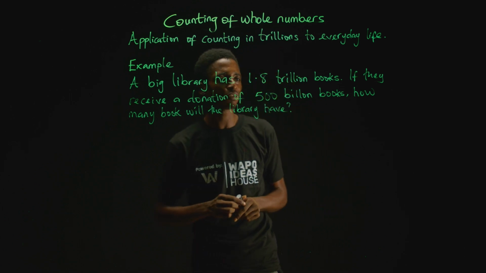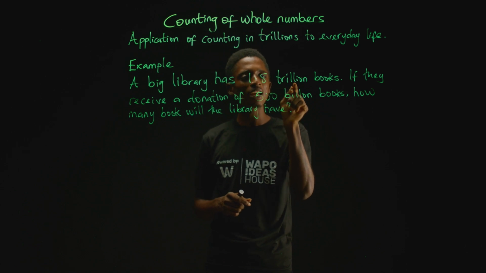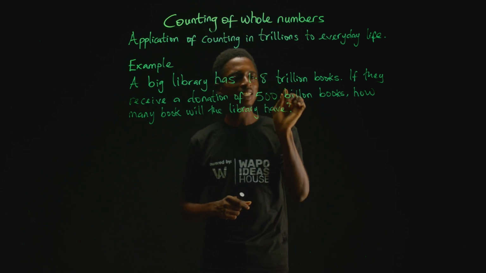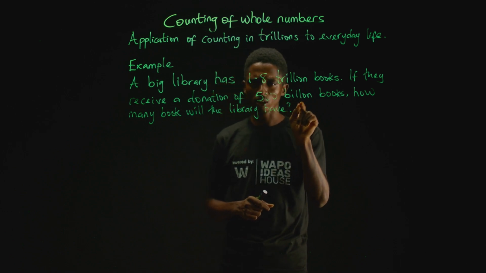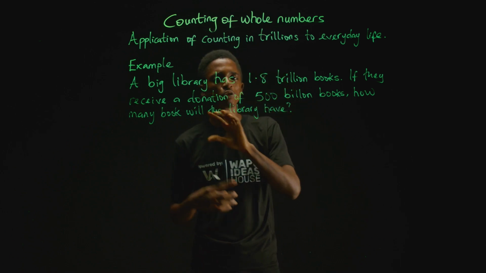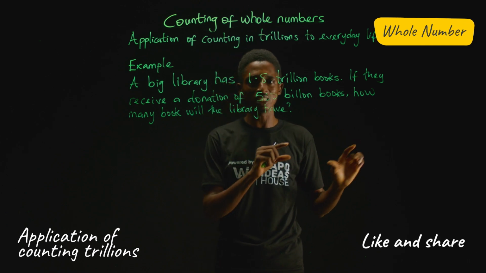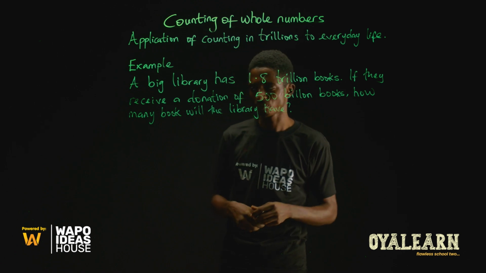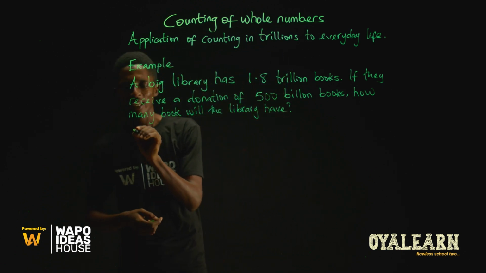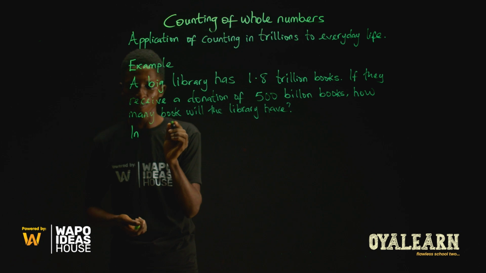It is important to note that they have different place values. In the first case, we have trillion, and in the other, we have billion. So the first thing you do is to write them in their full digits for each of them, and then you perform the sum. So the initial number of books,